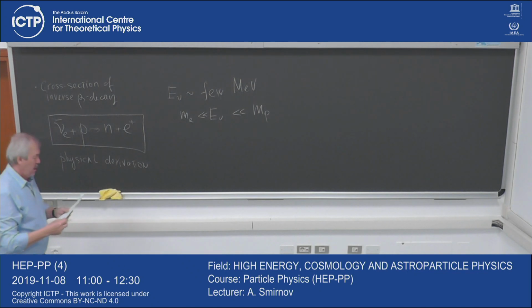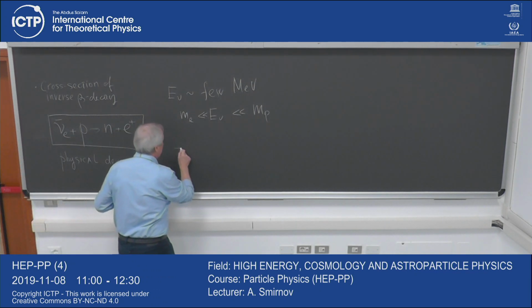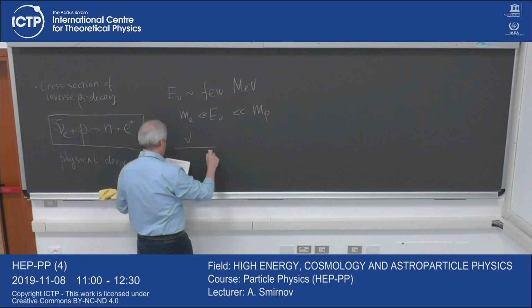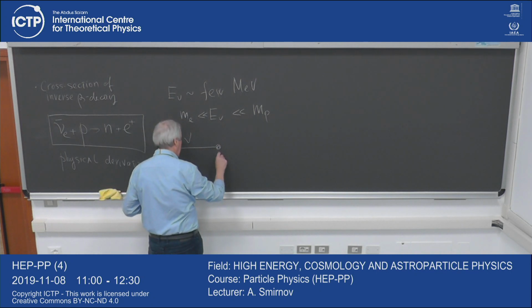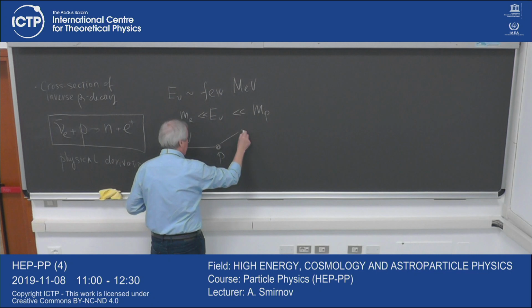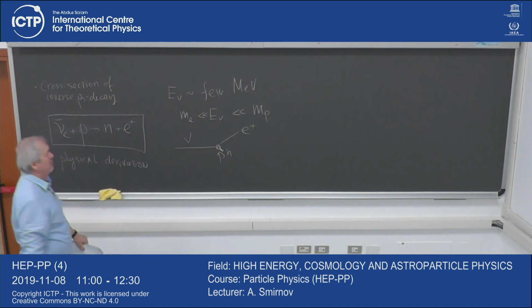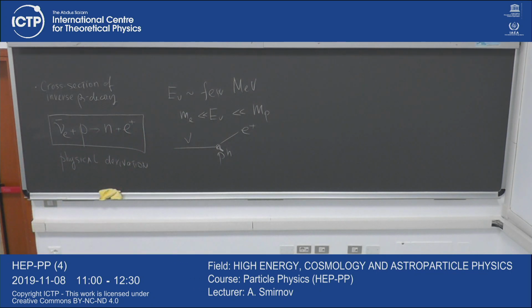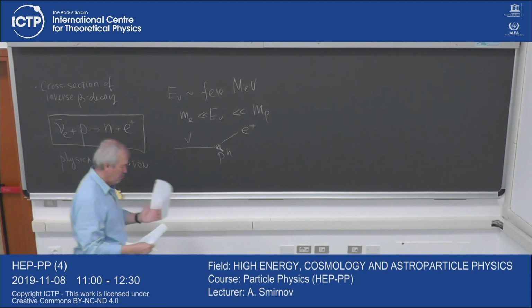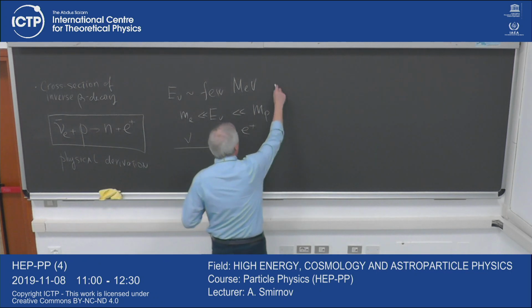So what we have is antineutrino hitting proton and producing positron and recoil neutron. So we have neutron in final state. However, for these energies, essentially recoil can be neglected. So what we are computing is the cross-section